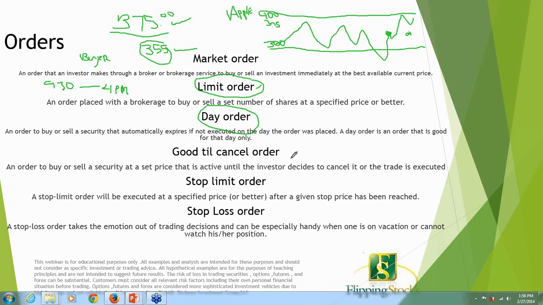All right. Now, a good to cancel order. What do you think that means? Good to cancel means that I am going to buy this stock at a certain price until I cancel my order. You can literally stretch these orders out a couple of months. You can say, I want to buy Apple at 355 now until